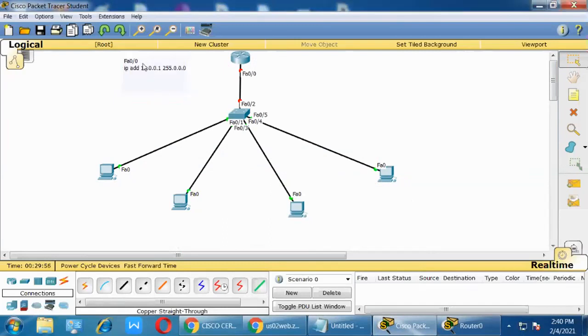This is the interface configure. Which interface? Fast 0 by 0 interface. Clear? Yes, that's the thing I need to do. But by default, all interfaces of the router, I'm talking about by default, all interfaces of